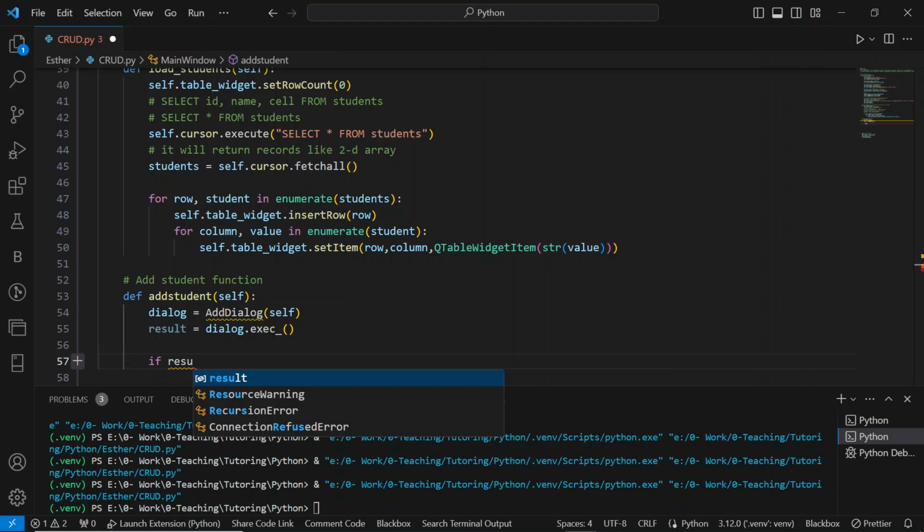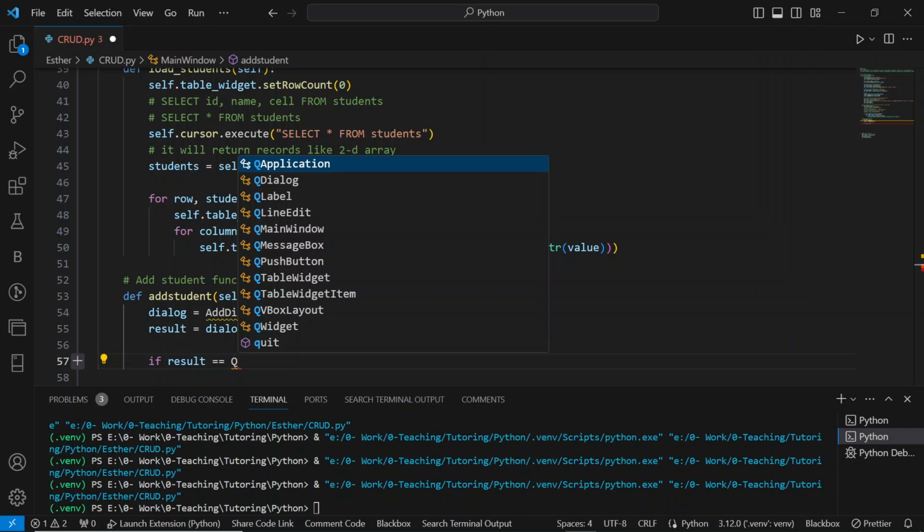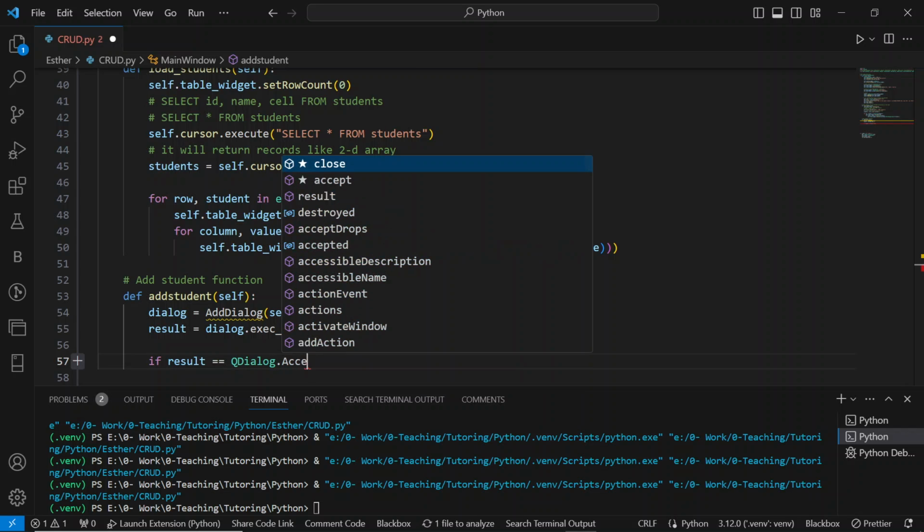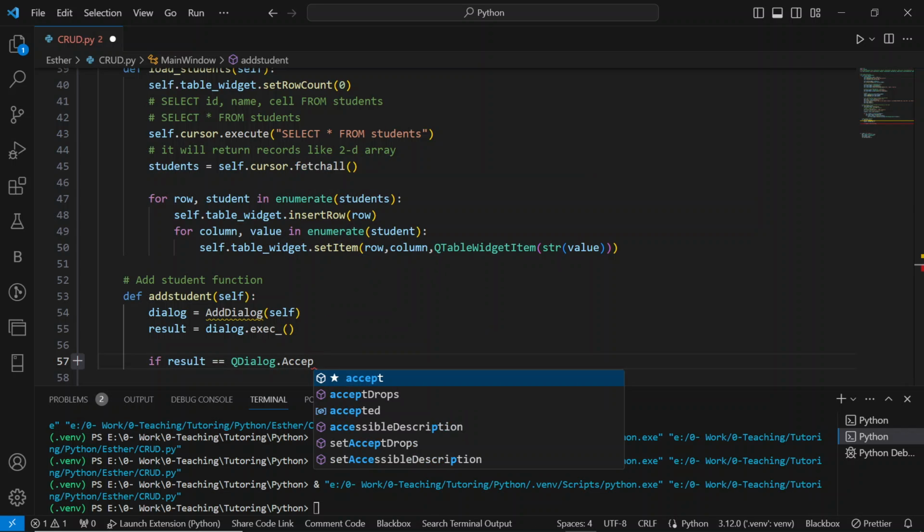I will develop this dialog later on. If result equal QDialog dot accepted, if the results are there,